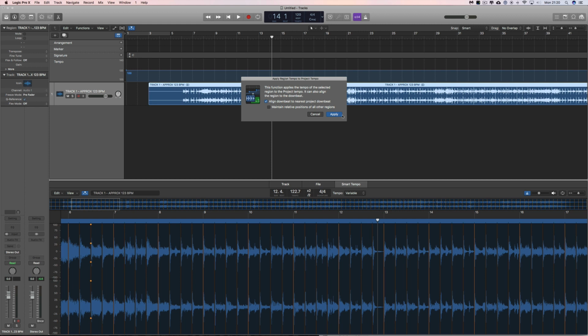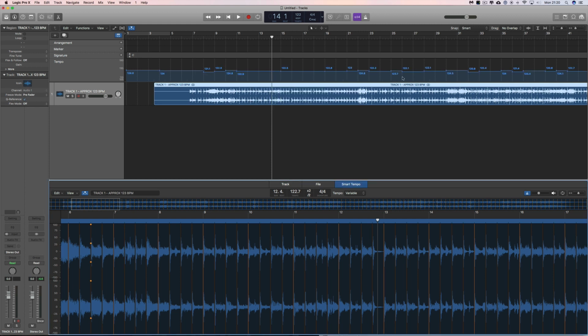Well, there aren't, so I won't tick that. Apply. Boom. And it puts all those tempo changes in. Right? So I go to any bar and it's the start of a bar. Right? Okay. But what we've done there is we've used the Smart Tempo analysis to drag Logic's grid to match